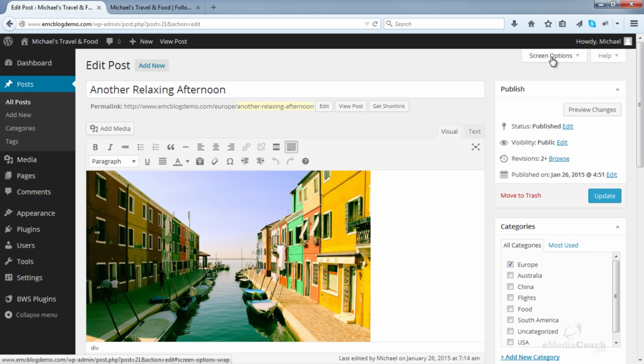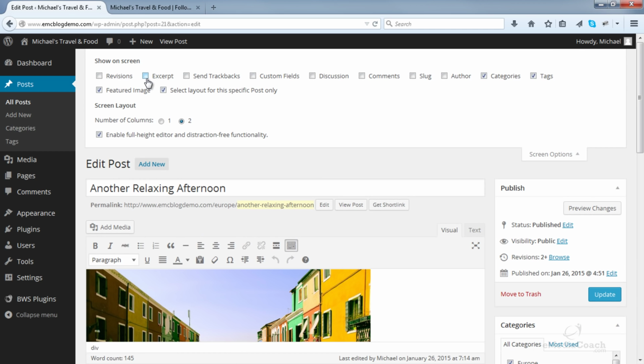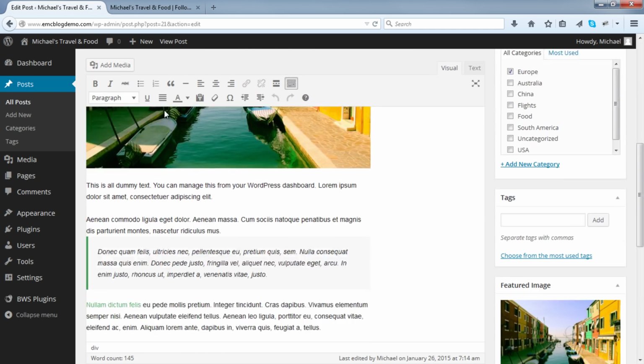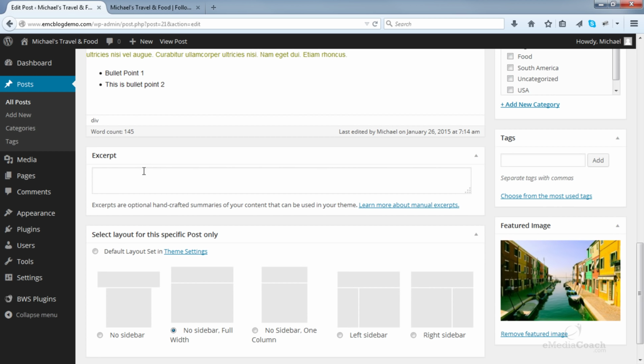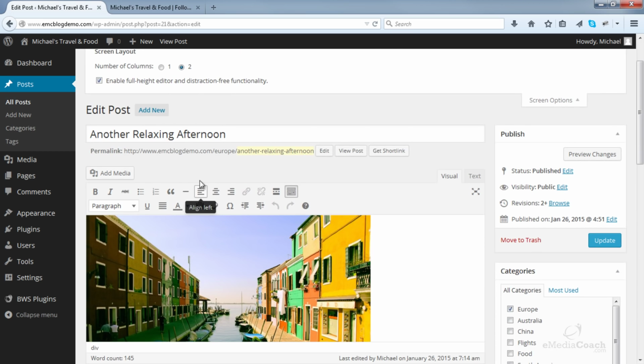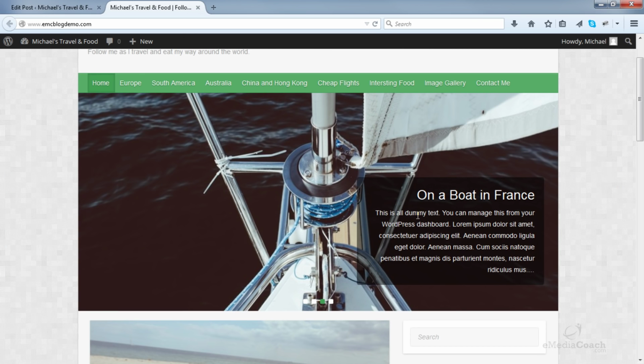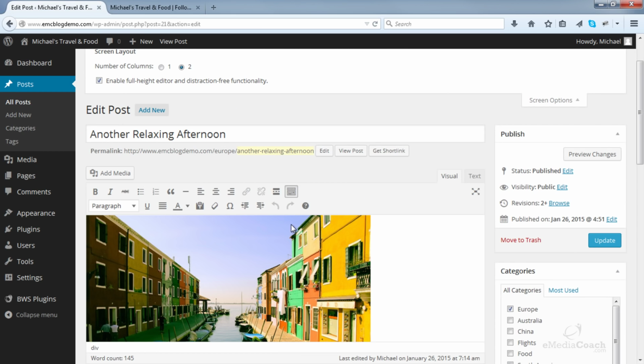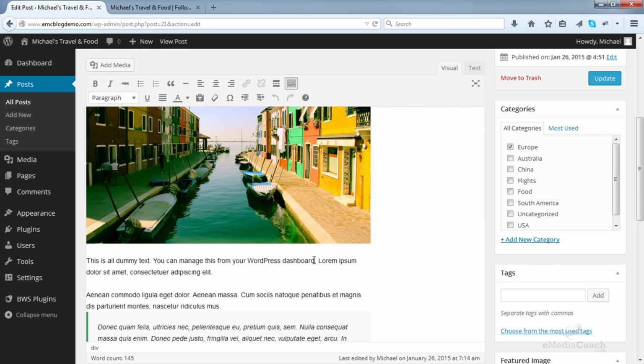Here you'll see a drop-down called Screen Options. Tick the excerpt, and when you do that, just below the content editor, you'll see this section appear. Now in this section, enter the text that you want to appear in that area here. Okay, so let's take this for example.